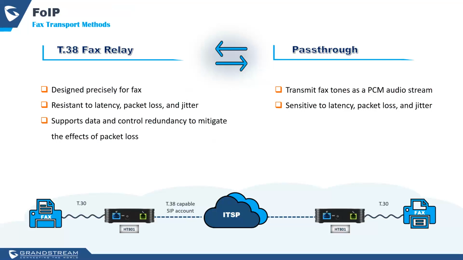So when you enable pass-through for fax on the HT800 series, it basically converts fax tones into PCM audio streams using the G711 codec encapsulated into RTP packets. And this is the process usually referred to as transcoding. And the problem with the PCM pass-through or fax pass-through is that it is not optimized for fax transmission over IP networks because it does not have a built-in mechanism to deal with network imperfections such as latency, packet loss,